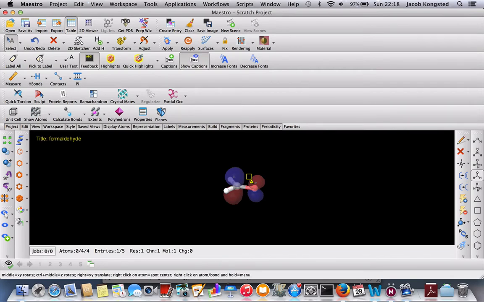So by performing calculations similar to the ones that we have here, we can calculate the excitation energies, that is the excited states for our molecules, and we can also, by visualizing the orbitals that are active in this transition, get an idea about how the electrons actually redistribute upon this excitation. I can also geometry optimize the excited state.